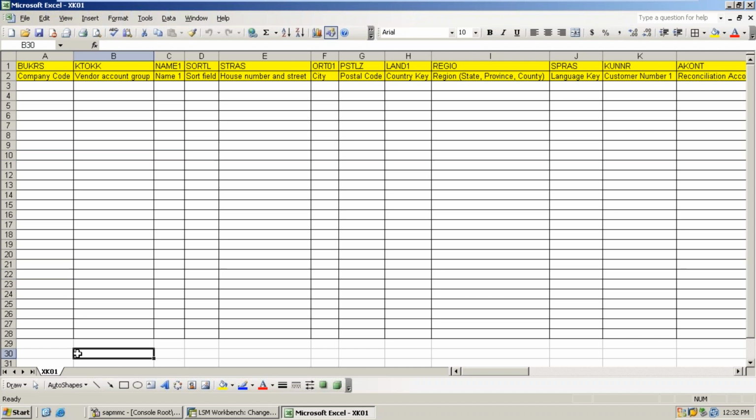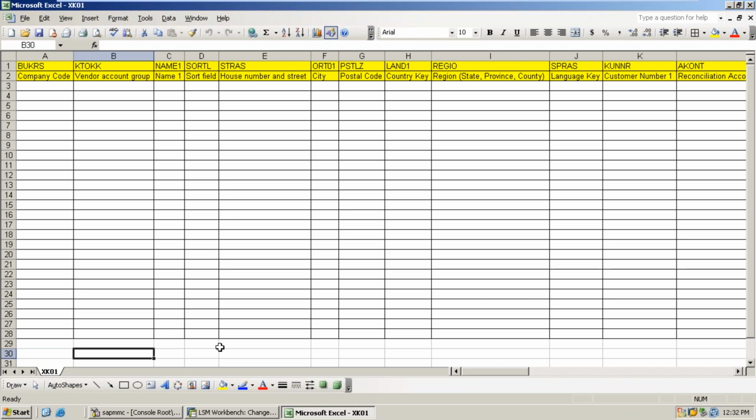I am not going to connect the non-SAP system to the SAP system. I am going to take the values from the non-SAP system, put them into this plot file, and upload this file into the SAP system. That's what I am going to do. Don't think a non-SAP system means some Oracle system will be connected to SAP to push these master records. You have to prepare one kind of plot file. This is called a plot file. I need to convert this into text format and upload it into the LSNW through the SAP system.